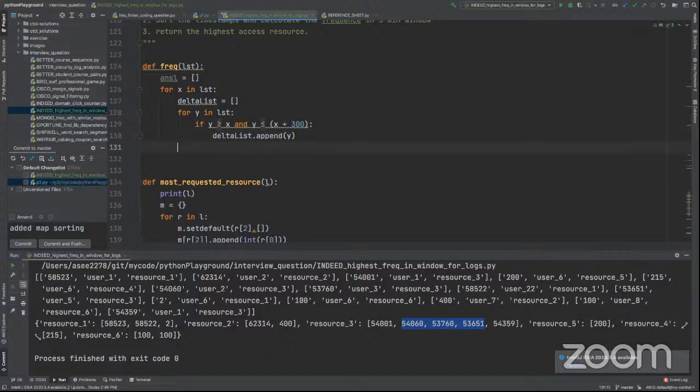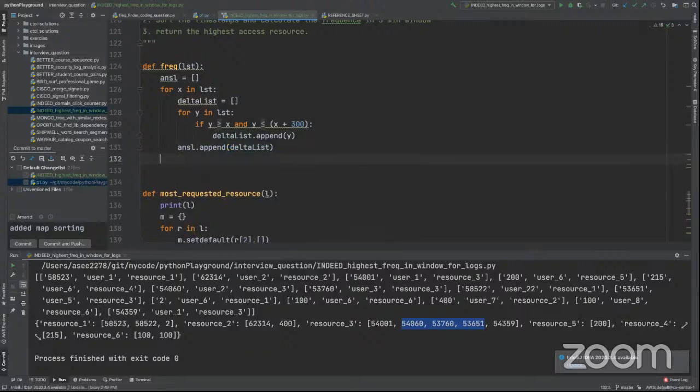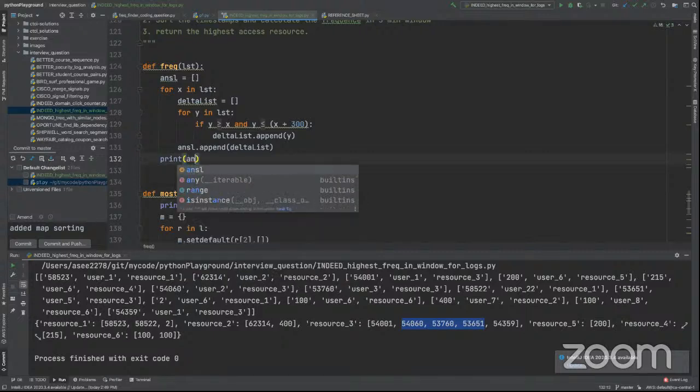Once this comes out of this loop, we will say ANS, which is the answer list, dot append delta list. Now we will print our ANSL,